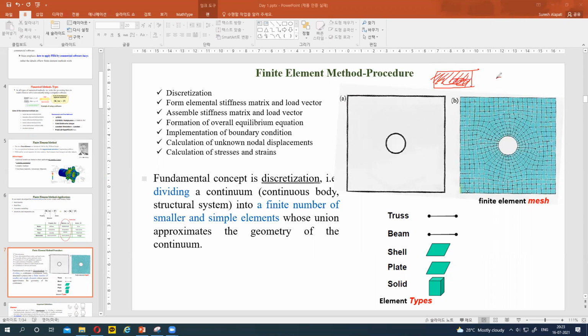We also have a 3D surface. So like round, when you consider a cylindrical body, it's a 3D surface, right? So the entire surface is not in a particular plane. So then it's a 3D surface. Then we have to use a different type of element. Okay, so